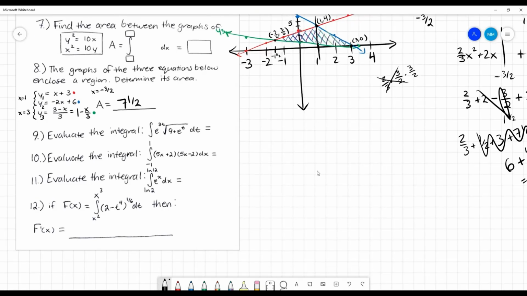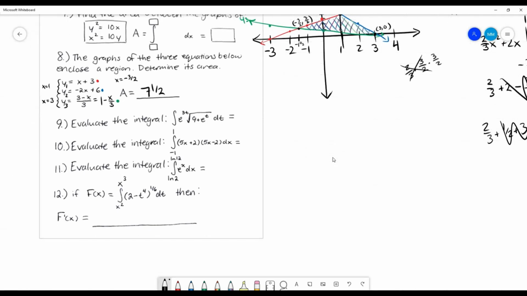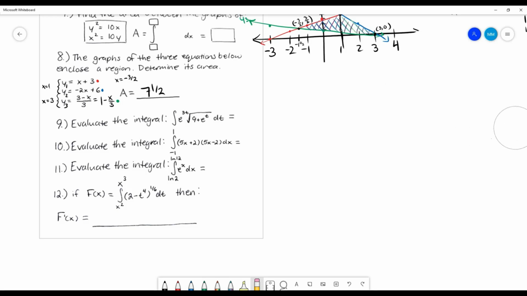Our last 4 questions, looks like, are just taking the integral. It's not even worrying about areas between functions, but it looks like we might have to use some U-substitution for one of these. And I think we'll use U-substitution for this one here, and I'm trying to figure out what my U value should be. And like I said, it's not always easy to tell what our U value should be right away,